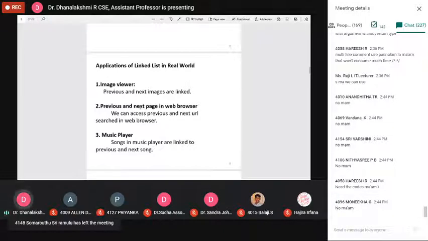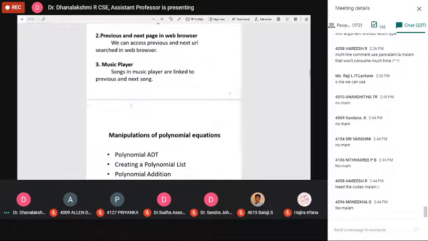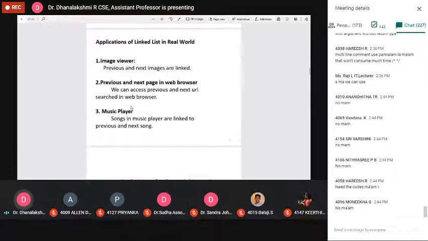The same process applies in the image viewer. Then the music player: the songs are linked to the previous and next song, so we can play songs either from the starting or from the end of the list. These are the three applications of the linked list.